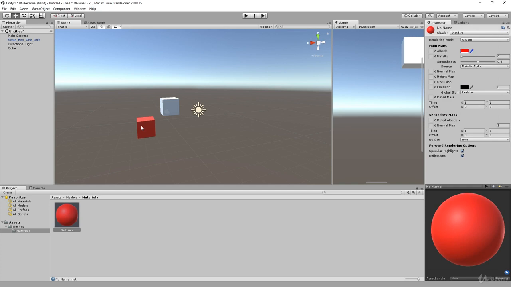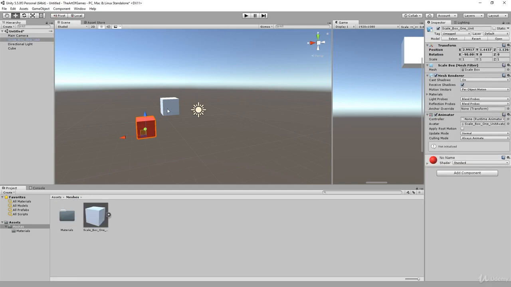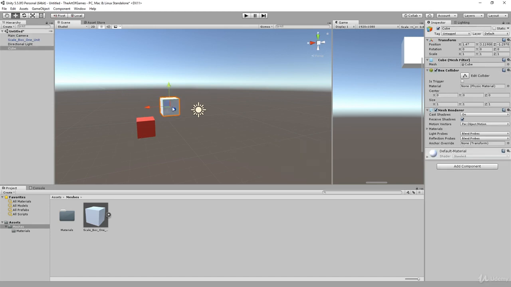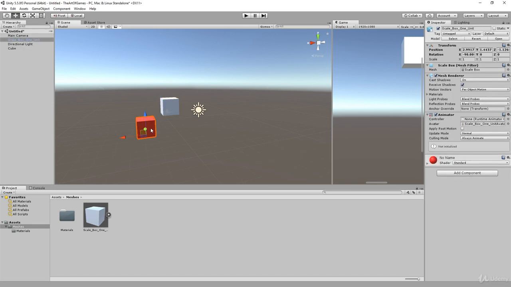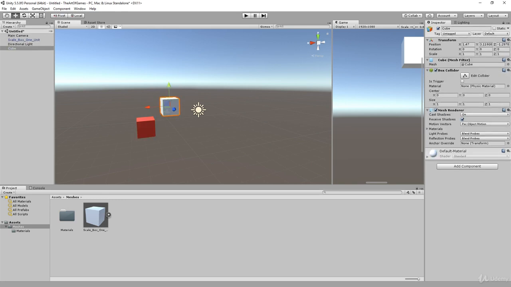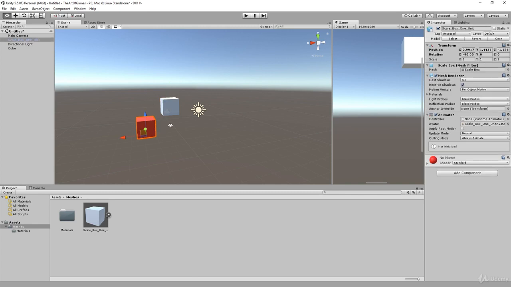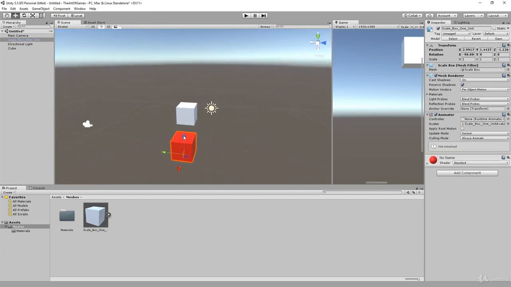So the red one is the Max cube, the white one is the Unity cube, and you can see the Max one is scale 1, 1, 1, which is what we set up in 3D Studio Max, and you can see the Unity is 1, 1, 1, and if you put them side by side, they should be identical.